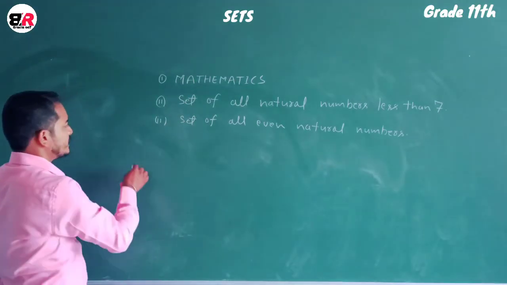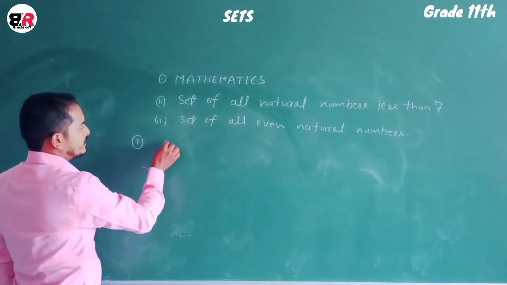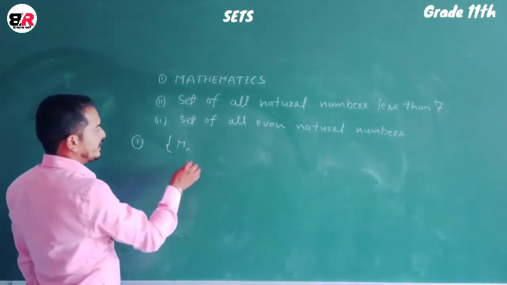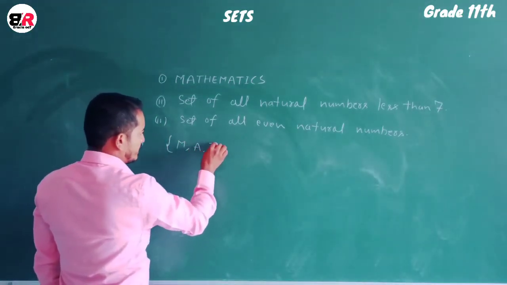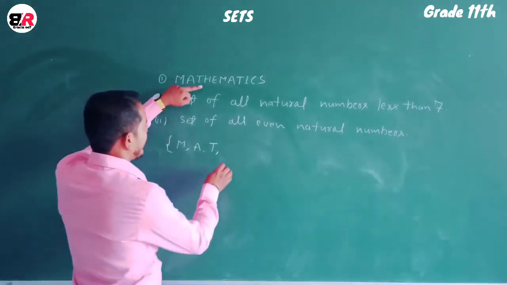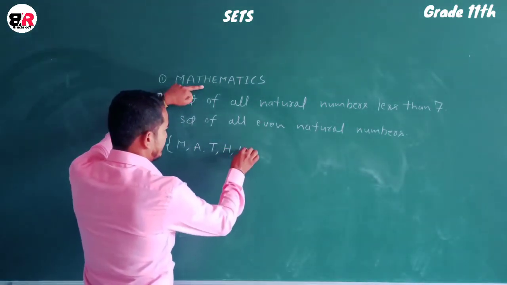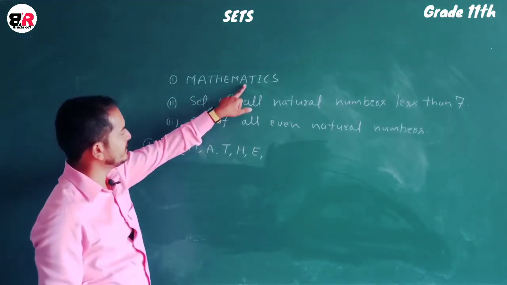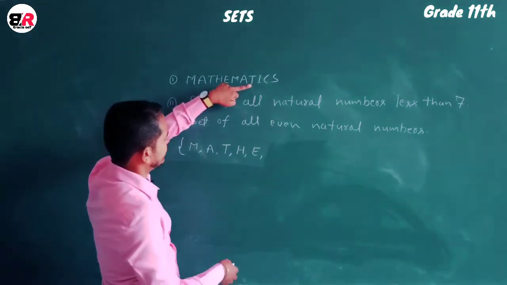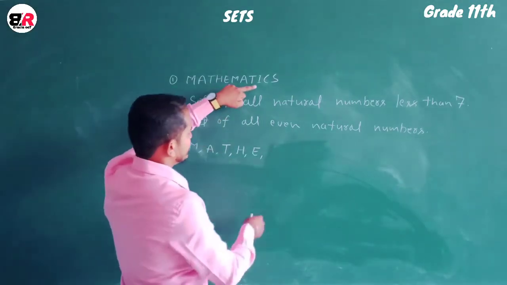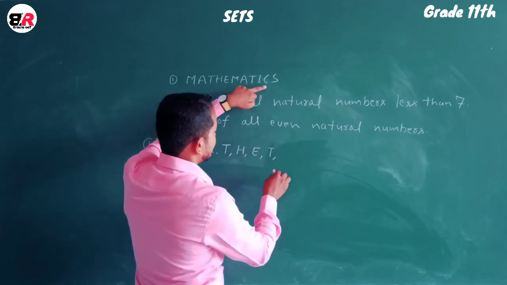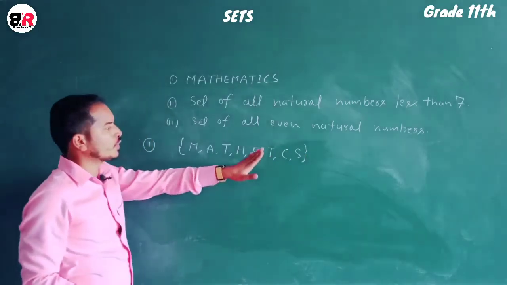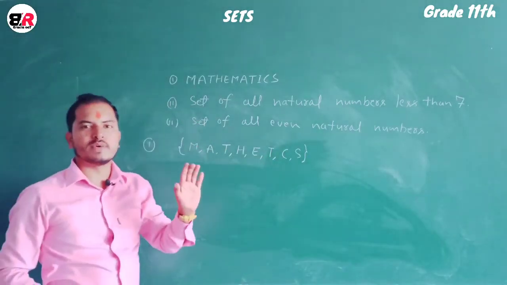So first solution of first one is mathematics. If we write this inside the set, then M separated by a comma, A separated by a comma, T separated by a comma, H, after then E, after that one is M, but M is here, next one is A, but A is here, next one is T, but T is also here, next one is I, next one is C, and the last one is S. It is the roster representation of the letters of mathematics.